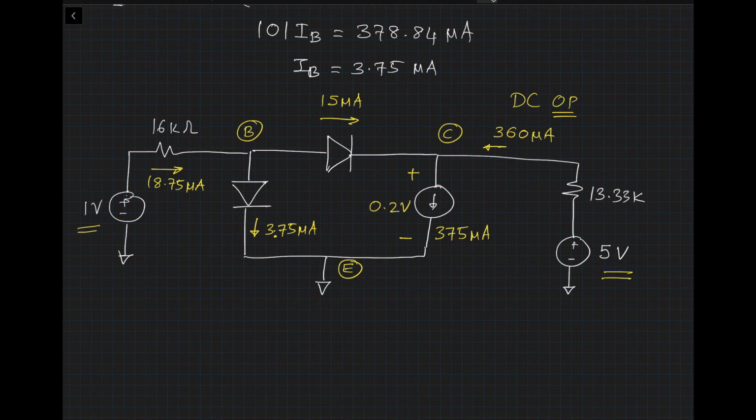Our most favorite mode of operation is going to be the active mode, because that's where we are able to get small signal gain from the device. That's to keep in mind. So what we do is a large signal analysis and figure out which mode the transistor is in, make sure that all the terminal voltage and current conditions are met, and based on the large signal analysis, we figure out the small signal parameters. The small signal model is what we use to figure out the small signal gain of the amplifier.